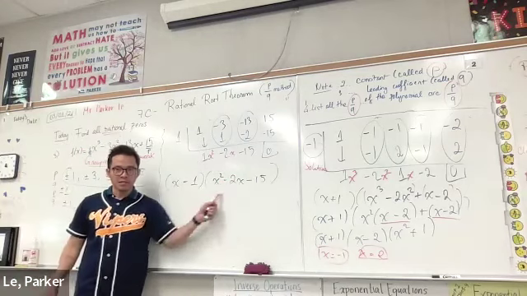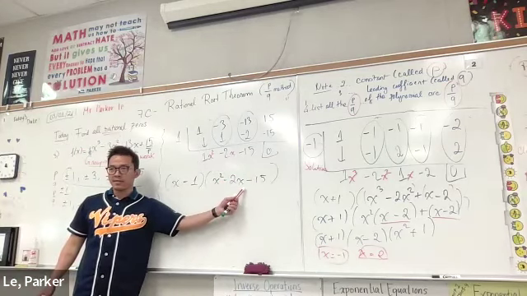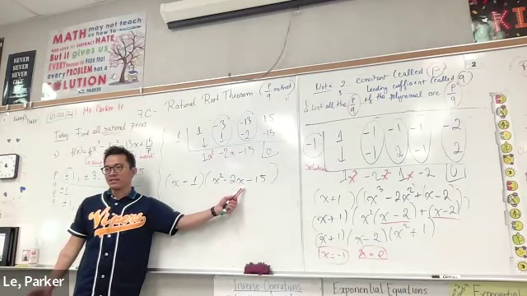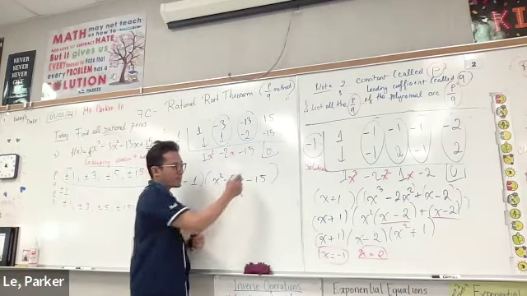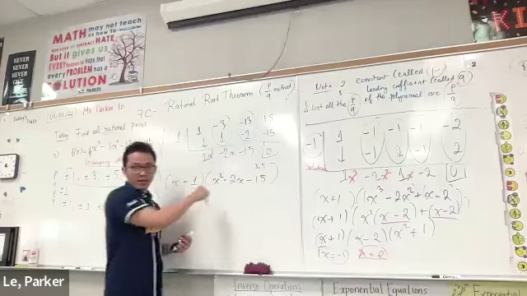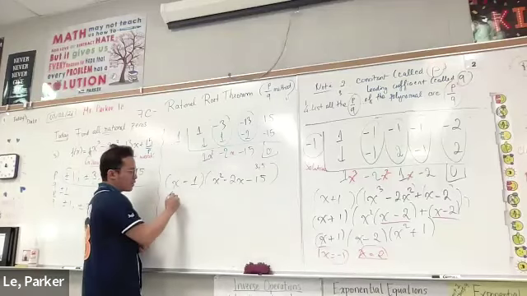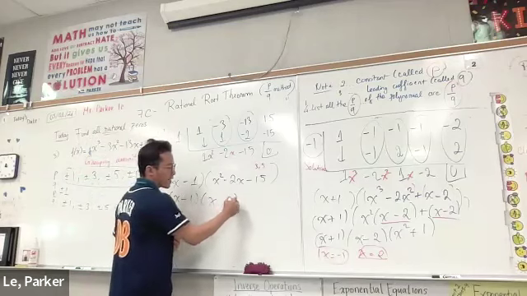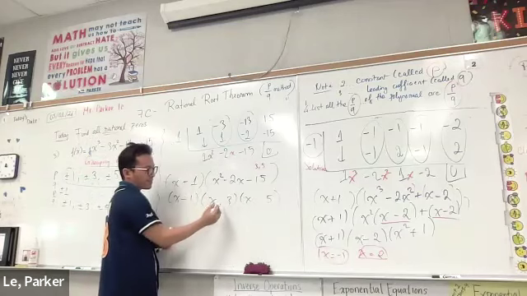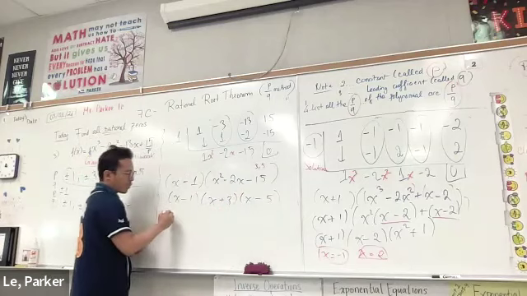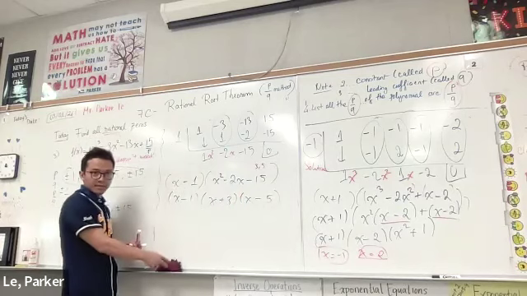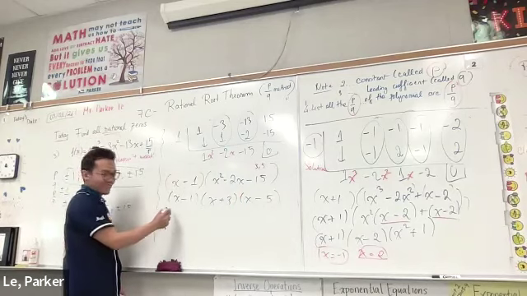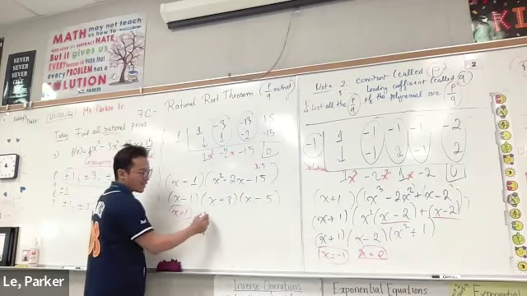Do you need to use the rational root theorem for this one? No. If you like, you can, but you don't need to. It's a 3-term expression, so what are you going to do? Combination. 15: what two numbers multiply to 15? 3 and 5. Do 3 and 5 give you 2? Yes, so that's faster. Don't do the rational root theorem. That's the long way. What are the signs? Plus and minus. What is the solution? x equals 1, x equals